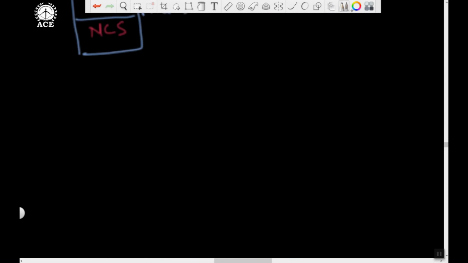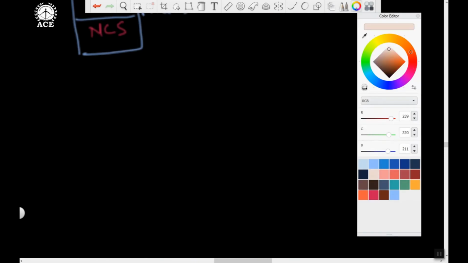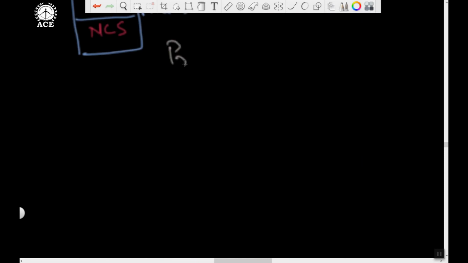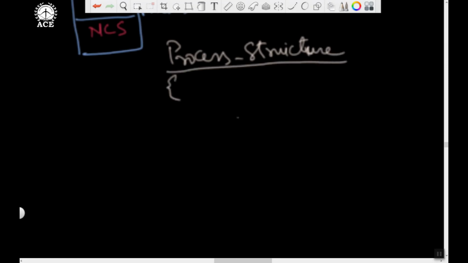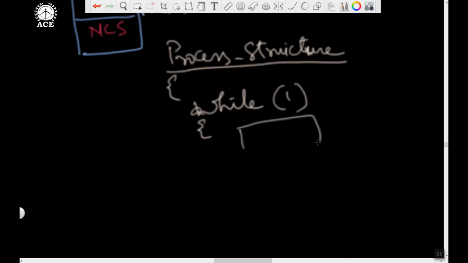Based on that, I can describe to you the general process structure for synchronization or IPC. Now this may be in an infinite loop, so I may put it like an infinite loop. Then the process may have a non-critical section: producing data item, consuming data item, non-critical section. And then I will have critical section.